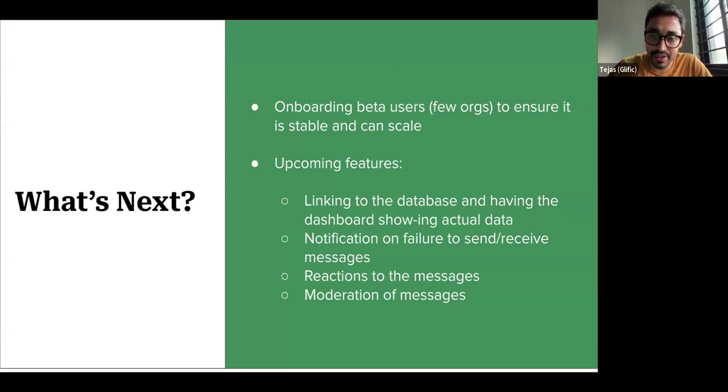Then reactions to messages, and things like moderation, and automating some of the group admin actions. But this is a wish list, and depending on the feedback from the NGOs who are using it, and what other things they want us to prioritize, we'll take that up.